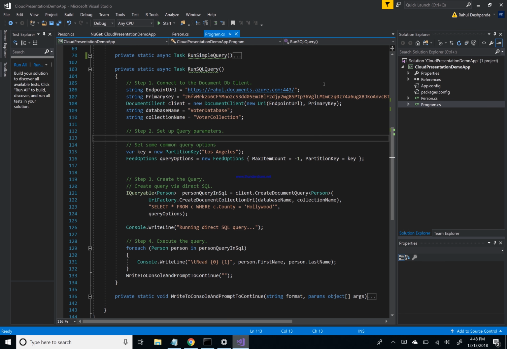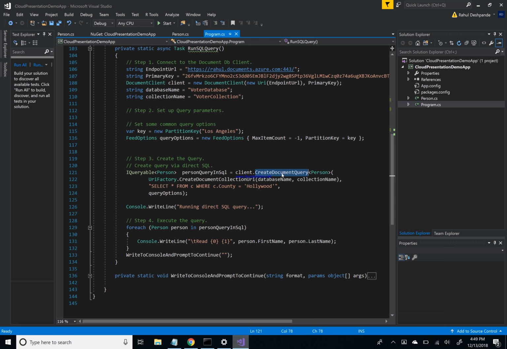We specify the endpoint and the primary key as always, and create an instance of the document client. So all this is essentially the same. Once again you have to specify the query options that will be used to execute the query that we send over to Azure Cosmos DB, specifying the partition key and the max item count. And then we say once again create document query, but this time notice that unlike before,